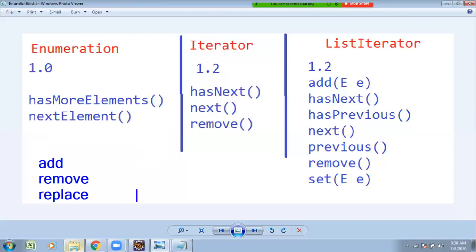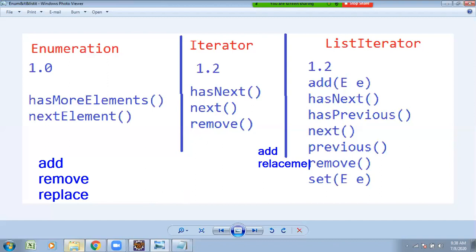To overcome this problem, iterator came into existence. Iterator supports retrieval as well as removal. What is not possible? Adding is not possible, replacement is not possible. This is also supported in forward direction.